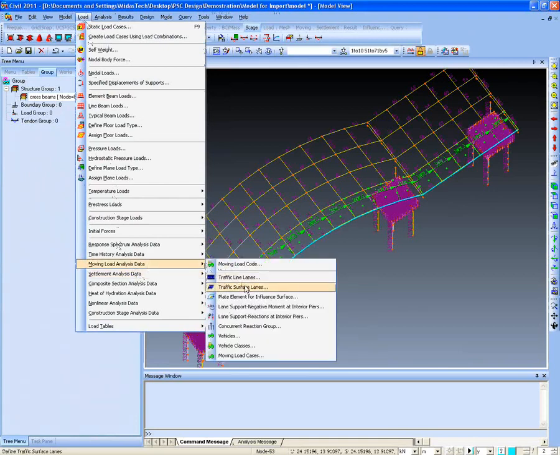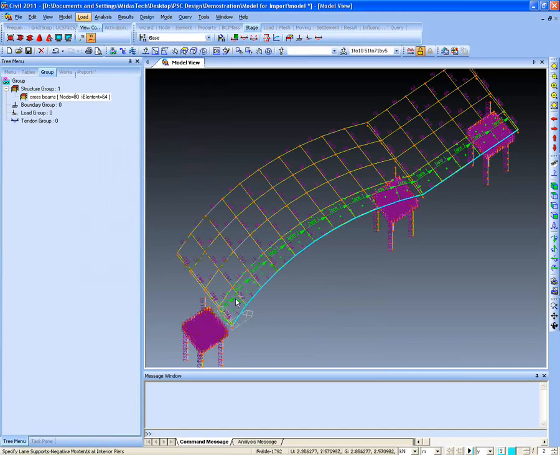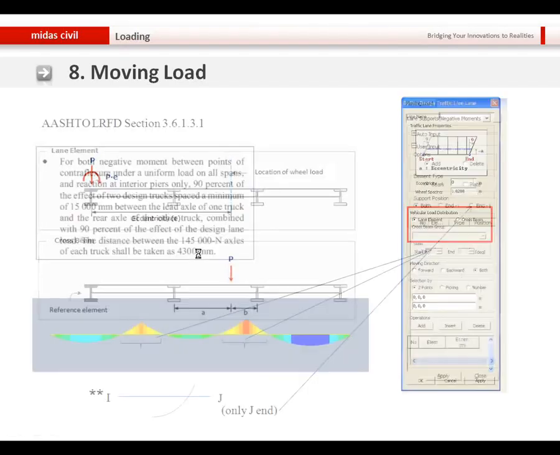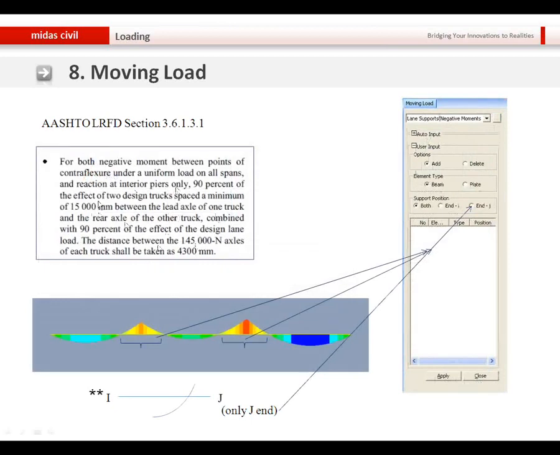Also in MIDAS Civil, if you have modeled your structure using the plate elements, then you can use the surface lanes for defining the lanes. You can also use the feature known as lane support negative movement at interior piers when you select the AASHTO LRFD code. The function of this feature is as defined in the AASHTO code section